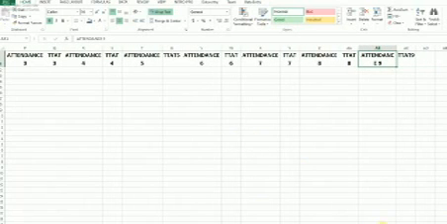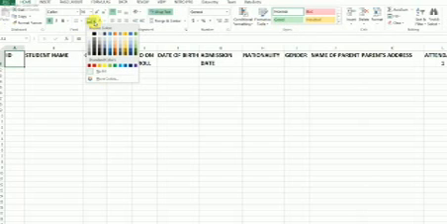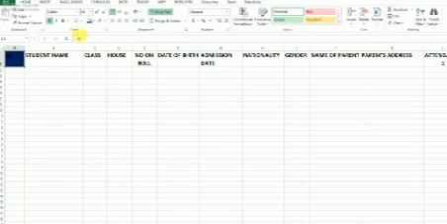Okay. So when you are finished with this one, give it a color. So let's click on the ID and then come to this side, you have fill color, then you click on it, then any color that you want, then you just select it. So let me take blue. Okay, it's okay for me.